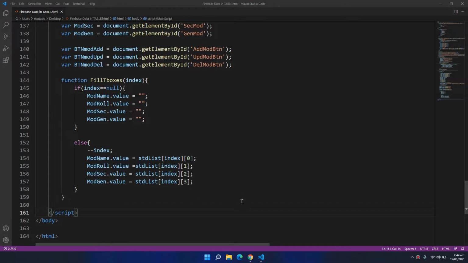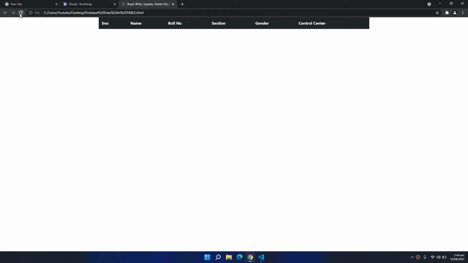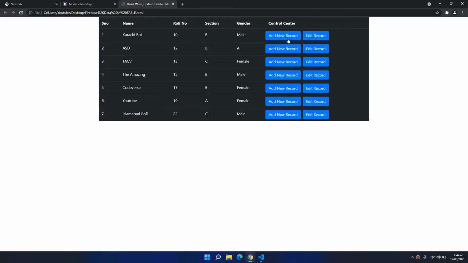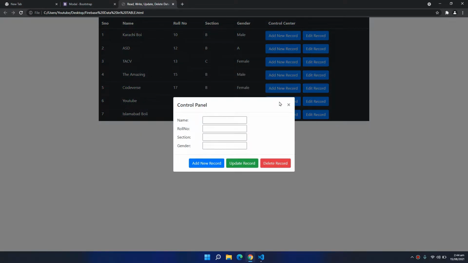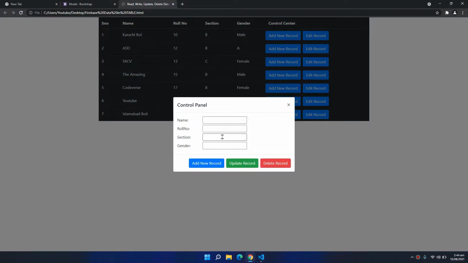So let me first show you how it works. I have these two buttons in front of every record. If I press the add new record, it doesn't matter if I press this button or this button. It will just open an empty panel and we can write all these fields and then add a new record.